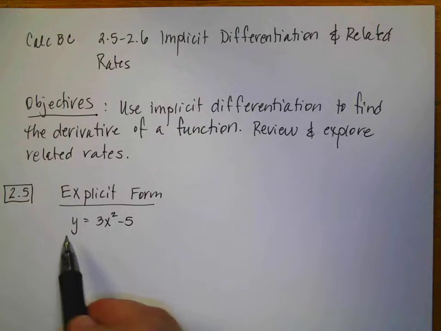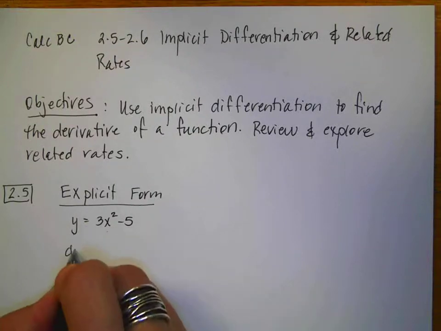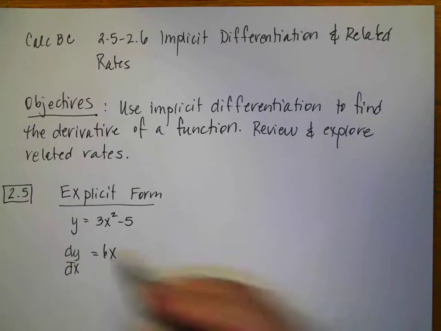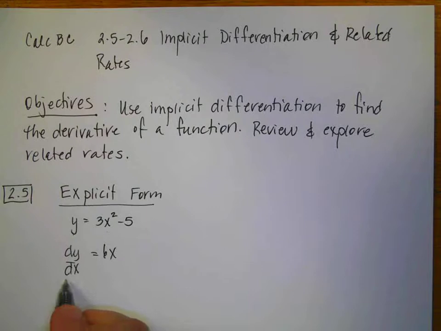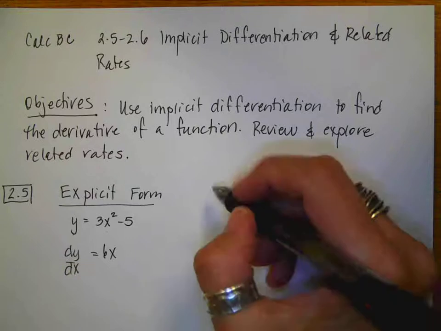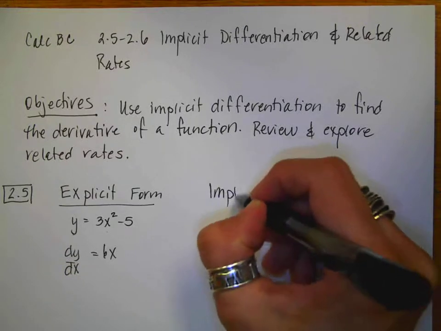And so if I take the derivative of this side, the derivative of y is dy dx, and then the derivative on this side is 6x. Well, if I needed to find the slope of a tangent line, it's right here. I could substitute in values, and I'd be good to go. But then an implicit form